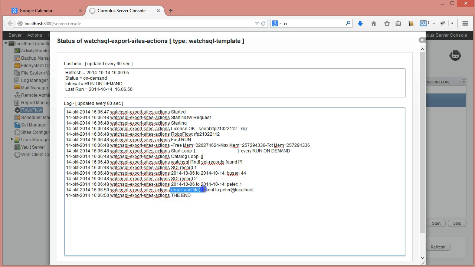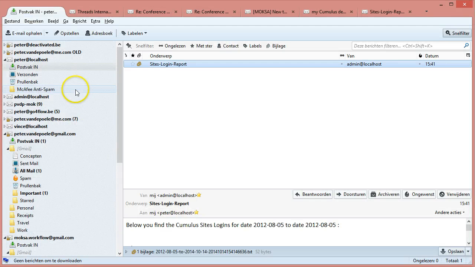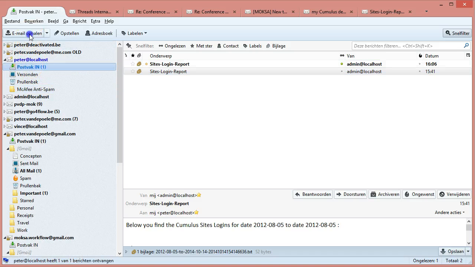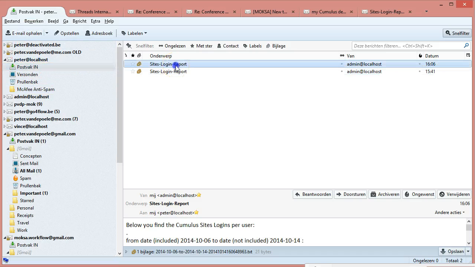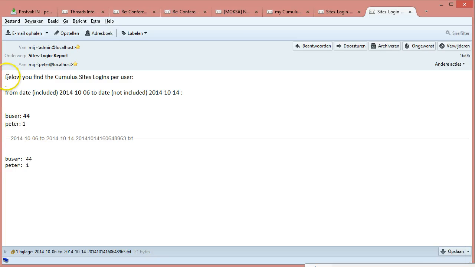And it says an email and a file was sent to Peter at localhost. So if I check my mail, here's the account. This is the report I get. I get the mail. I get the information inside the mail, the individual counts, and attached is the text file that I could open in Excel if this is a big one, and in Excel I could do whatever I like to create